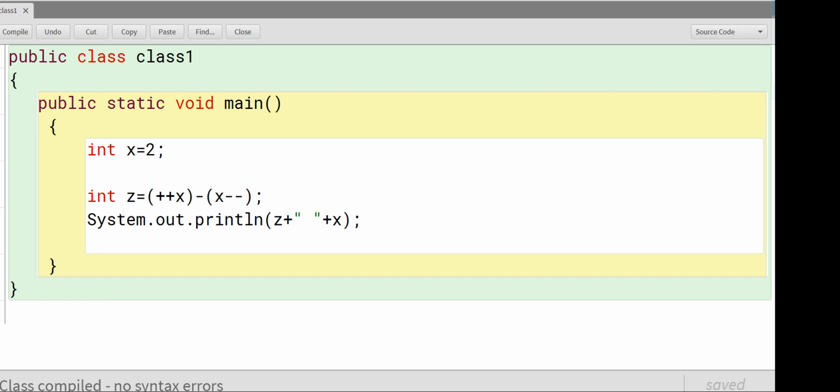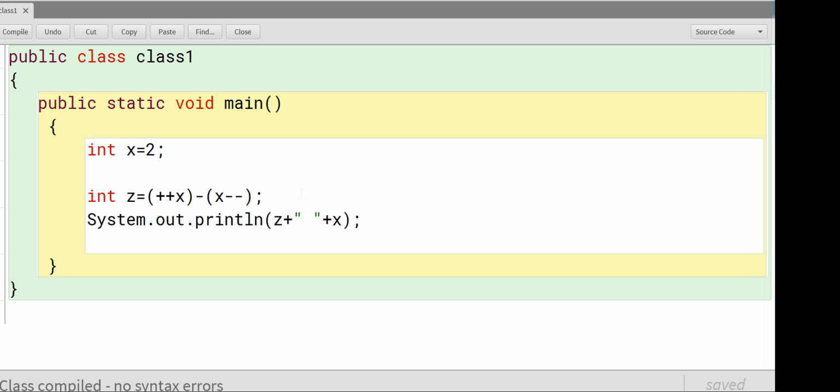Good morning class. Now I'm going to explain to you about the increment and decrement operator. This kind of operator is frequently used in your program to increase or decrease the value of a variable by 1. Now the most important thing you should know is what is the effect of the increment operator and what is the effect of the decrement operator.